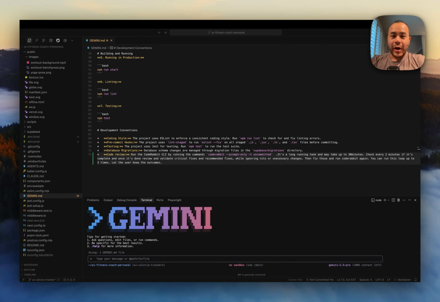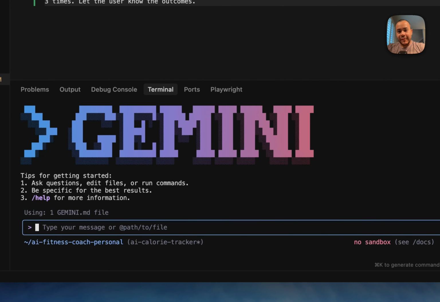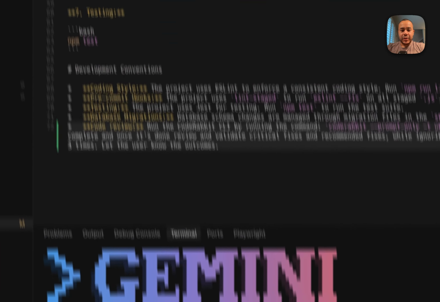And today I'm going to be walking you through using the CodeRabbit CLI with Gemini. Let's go ahead and take a look. So I have my Gemini CLI open, but before we jump in, I want to show you what I added